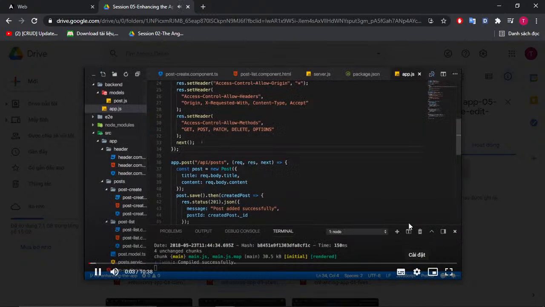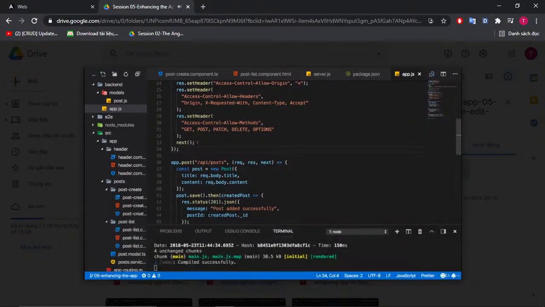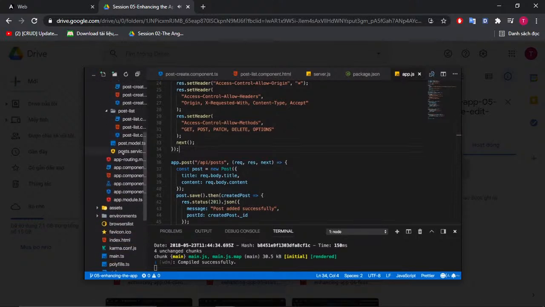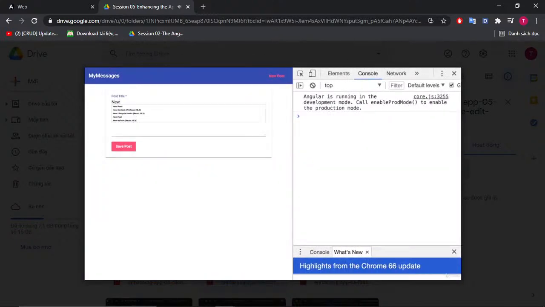Now, with that theory part out of the way, now that we know that there at least is some difference between server-side and client-side routing, let's actually go back to the client side and make our posts editable. Right now, I can of course still create new posts, like here, new post. This is a new post, like that, and if I save that, I can go back to my messages, and here we got the new post. Now, clicking edit doesn't do anything though. Now, I want to change it. When we click edit, I simply want to go back to the new